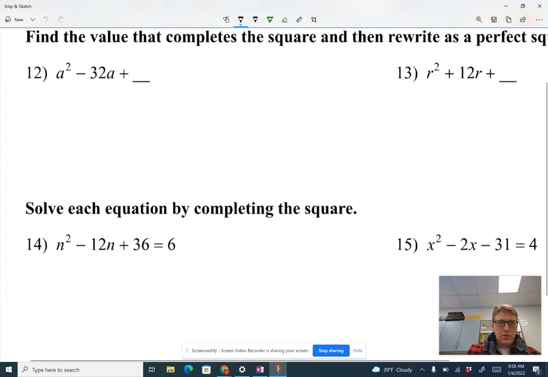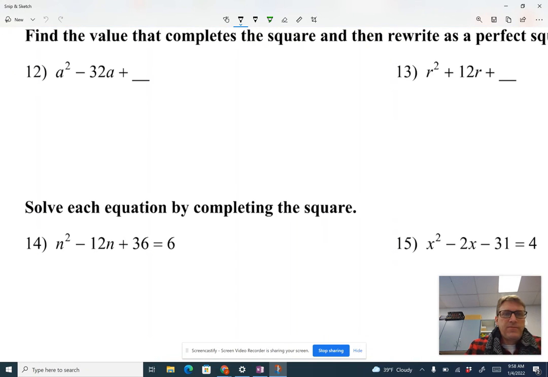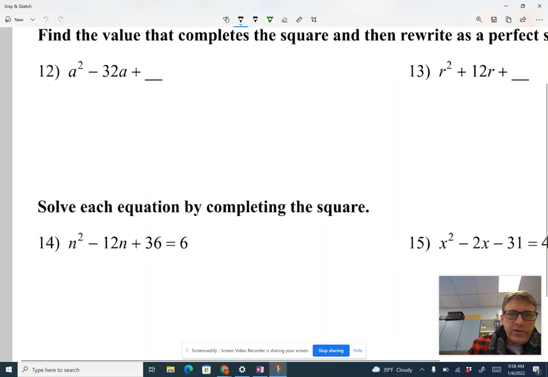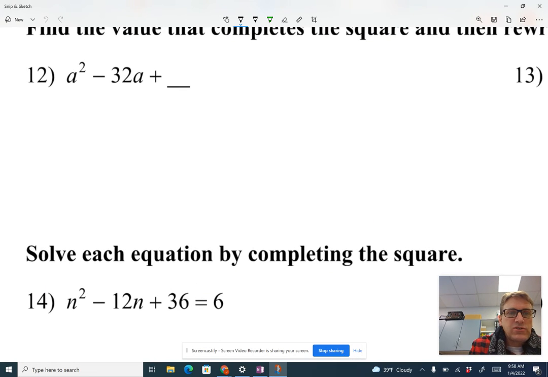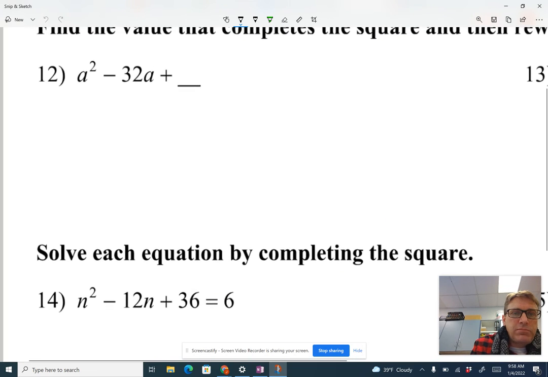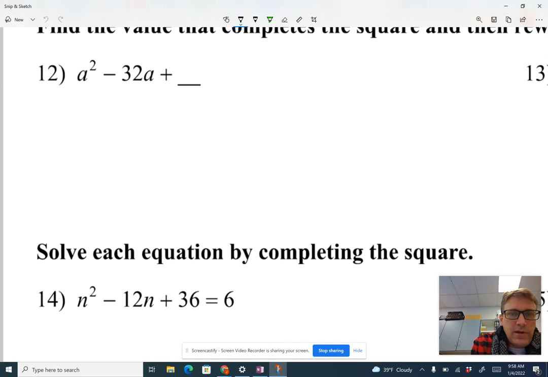Hi, welcome back. Okay, we're going to talk about how to solve equations by completing the square. But first, we're going to do a couple of things here that are not solving the equations, but just practicing completing the square. So we look at a squared minus 32a plus some blank amount here that would complete the